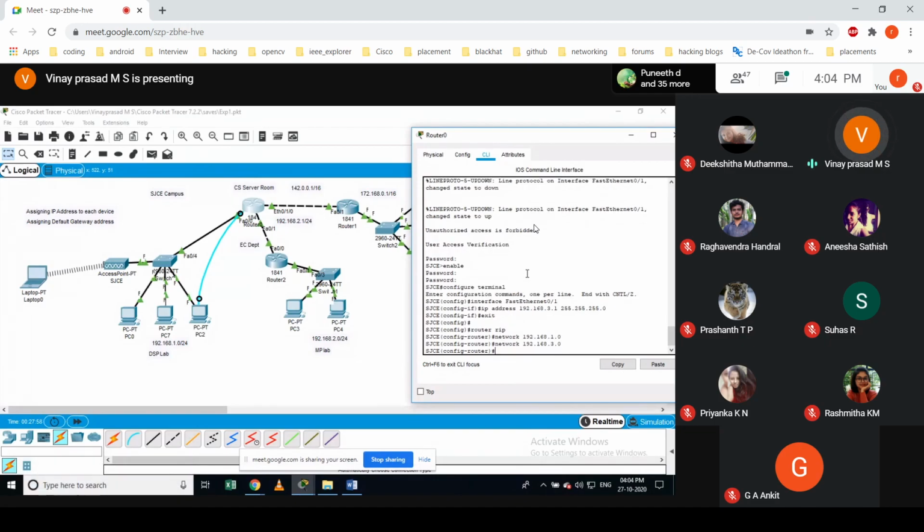Okay, so enter. The other network, which is connected to this, should not be advertised, because this is the interface connecting to the WAN, right? Means this router is connecting to the ISP network. This interface is the WAN interface. You should not advertise this in RIP.